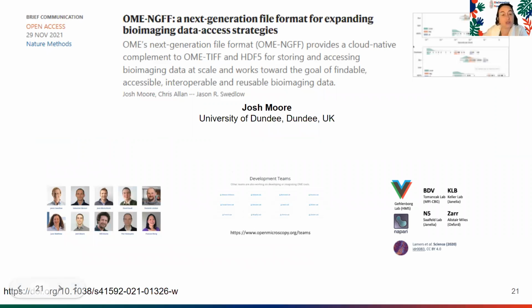And leading on to that, Josh Moore from the University of Dundee, and one of the leading forces in the Open Microscopy Environment community, is going to tell us about their effort to develop next generation file formats, which are some of the implementation level aspects of how we collect all of this information at the level of the file, so that then it maybe can be deposited in these repositories. So please. We'll keep our fingers crossed.